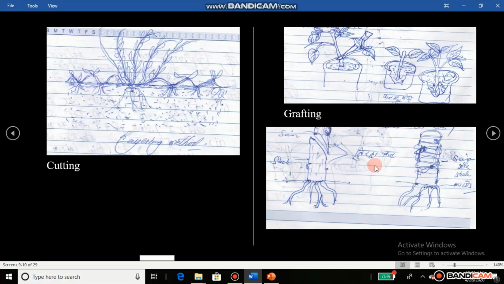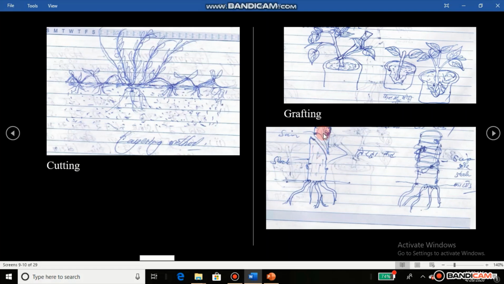grafting is necessary. So you need to cut the plant or tree in a slanting way, because you will bind this upper part here and the upper part there. It needs to be cut slanting to bind the parts easily. The upper part is known as the scion, S-C-I-O-N, scion, and the rooted part of the tree is known as the stock. Okay, this is scion and stock.